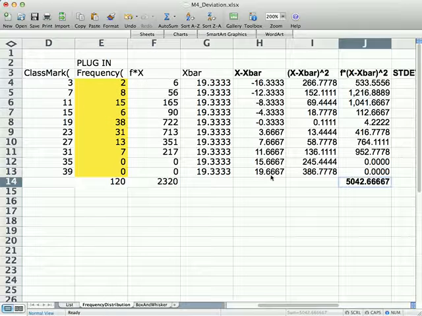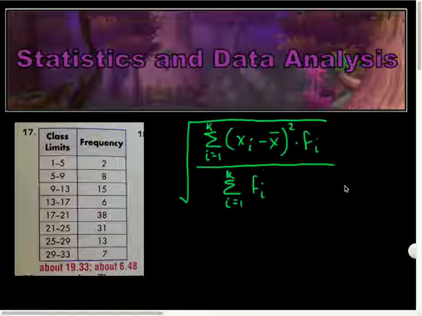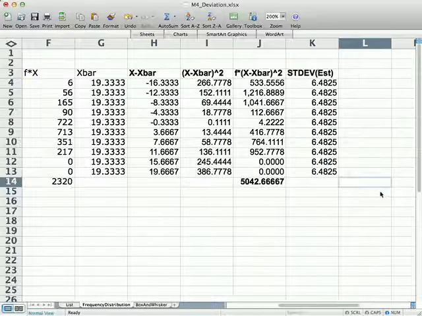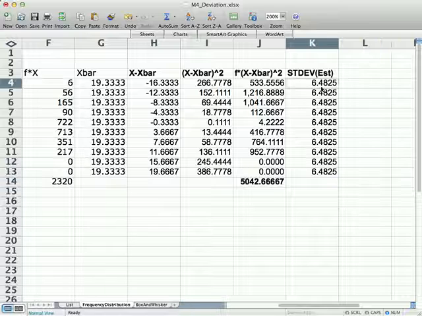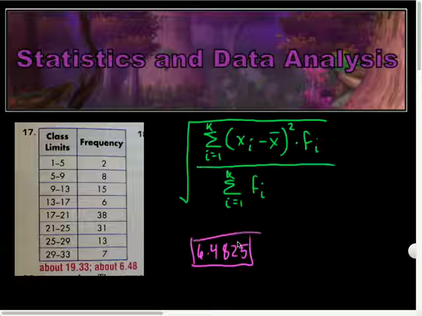So the sum of the frequencies, well, I believe happens to be this 120 here, right? I've added up this list over there. So I'm going to divide those two and square root it, as any good standard deviation formula would do. So I've done that, and here is my estimated standard deviation. 6.4825 is my approximated standard deviation right there, and it's an approximation for a frequency distribution primarily because for these